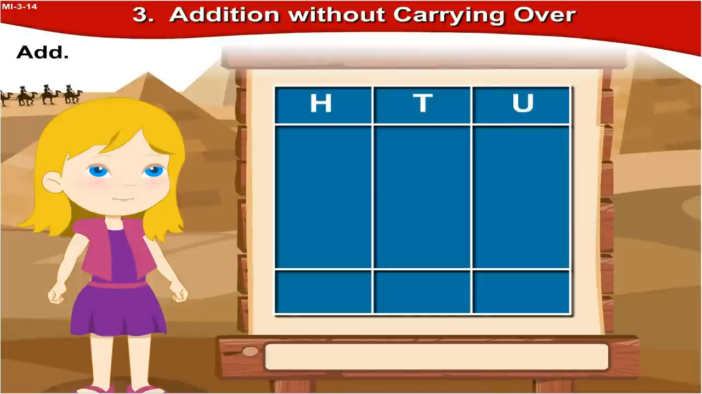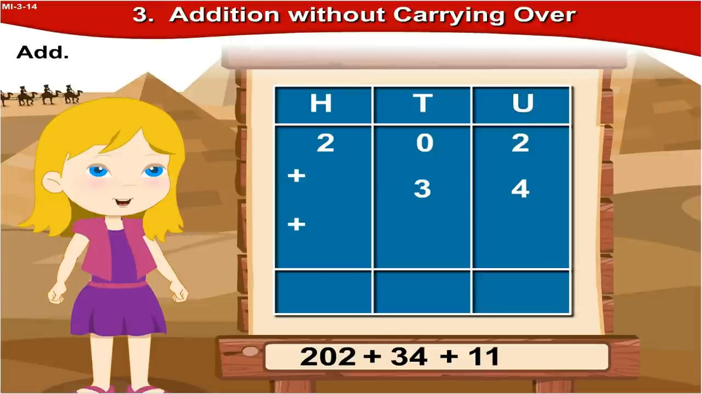That is 128. Now the next sum. 202 plus 34 plus 11. First, we'll arrange them in vertical order, writing hundreds, tens, and units. Now, 202 would be 200, 0 tens, 2 units, plus 34, that is 3 tens, 4 units, plus 11, which